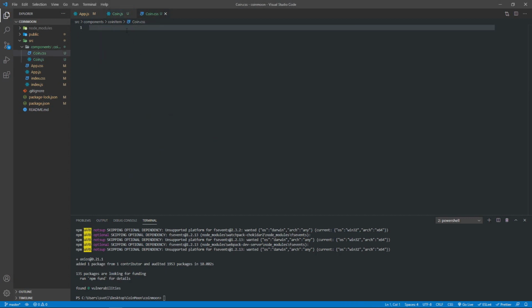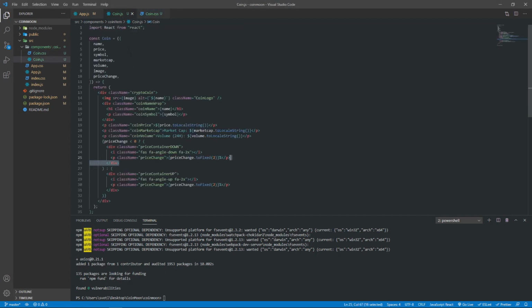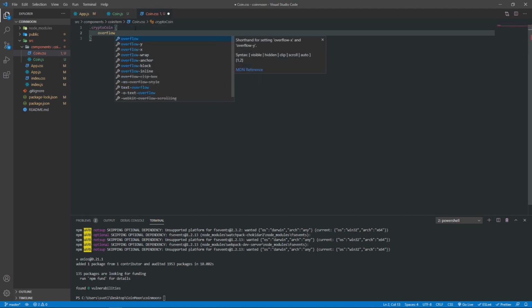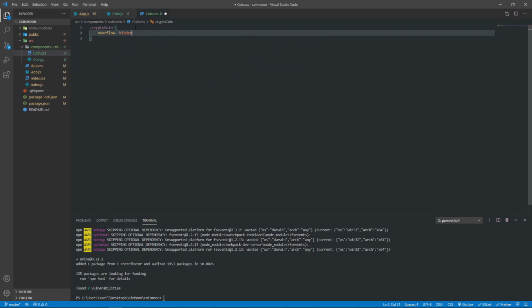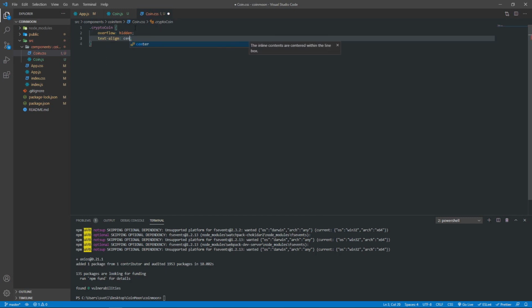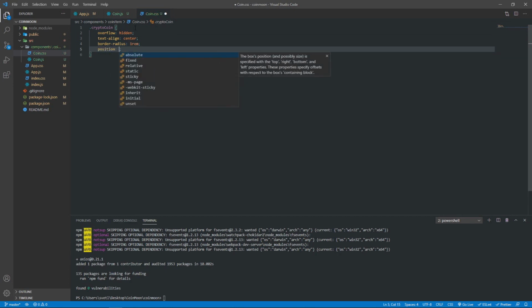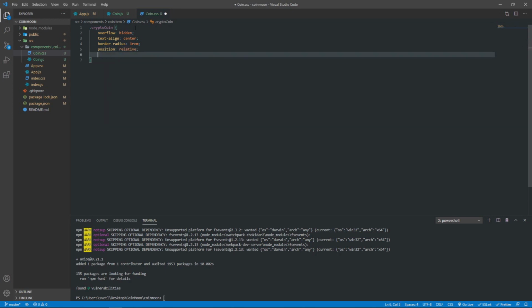Start with crypto coin, which is this div that wraps the whole coin component. Let's do crypto coin overflow hidden, text align center, border radius 1 rem, position will be relative, the width will be 320 pixels,